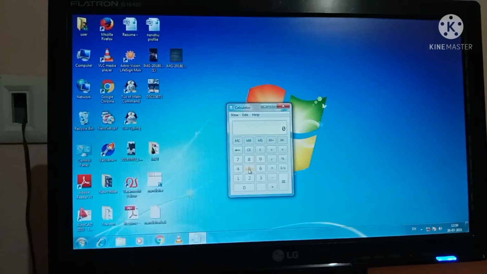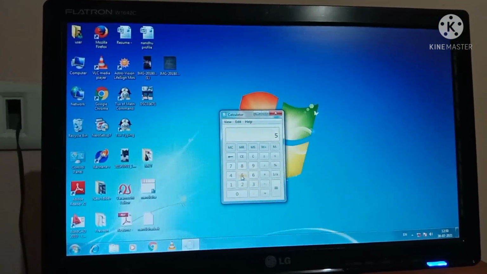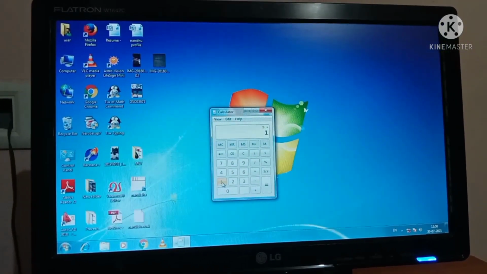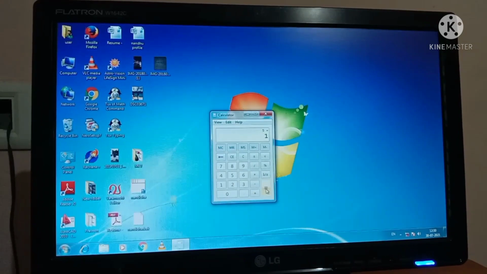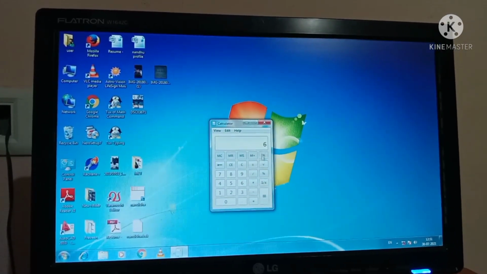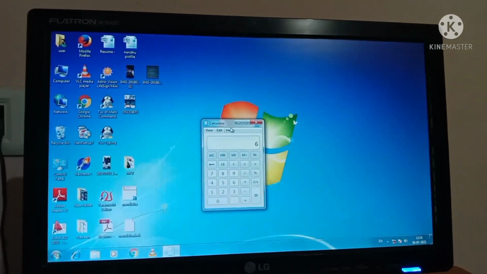So the calculator came, and how will I calculate? For example, let's take a simple calculation. 5 plus 1, then there is equal to, right? Equal to, can you see this? We got the answer. So it's working in a similar way to a digital calculator.